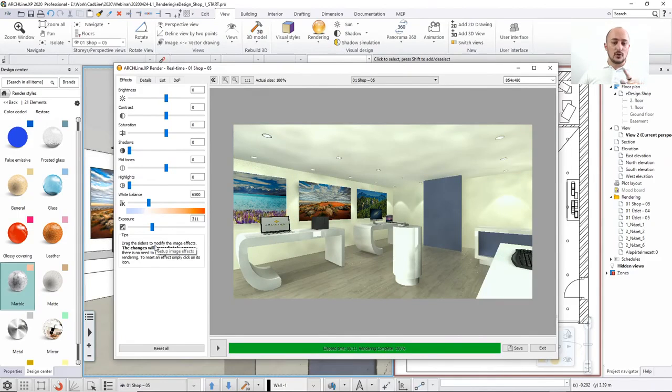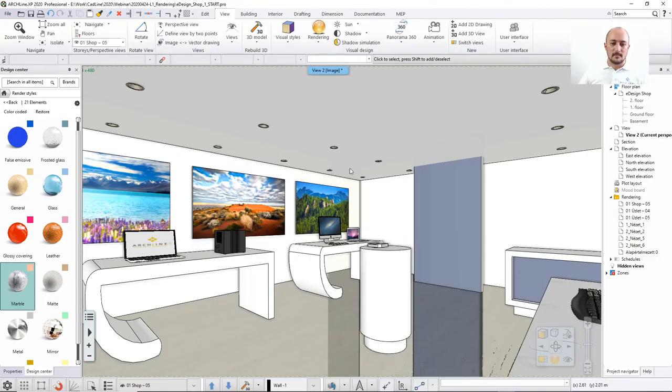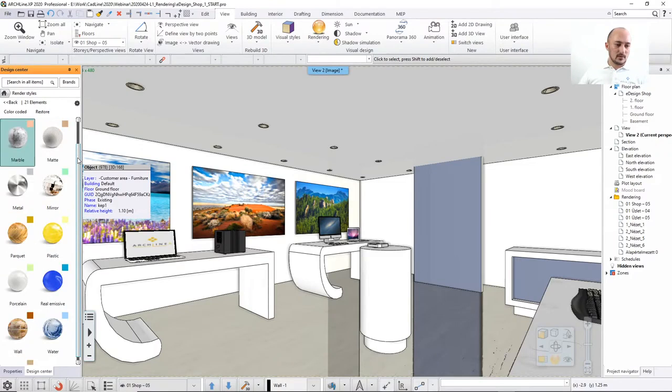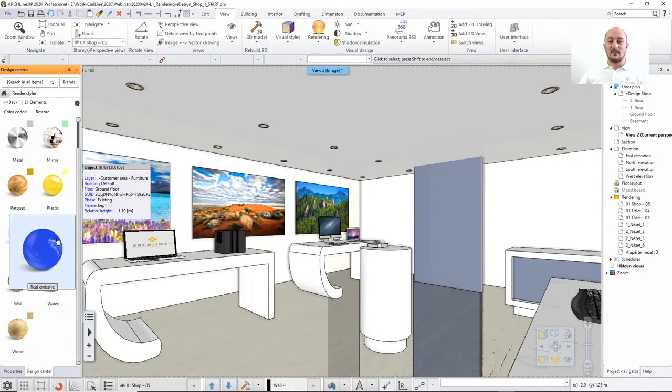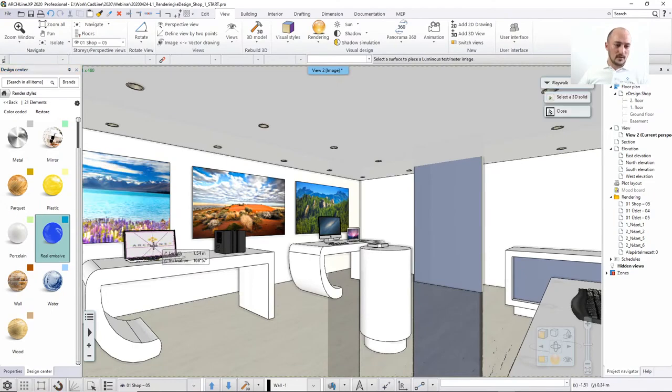Well, I forgot to show you one render style which I wanted, and that is the surfaces of these screens. Now those are special materials, not because of their texture, but because of how they behave. And you will find a material called real emissive. Now we have a false emissive, that's for a similar result, but for less powerful computers. Real emissive will actually behave as a light source. So if you just click and drag it over this screen,